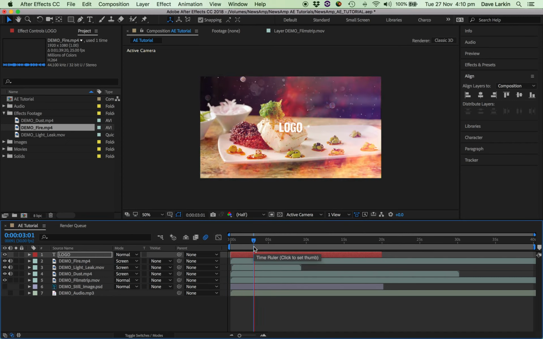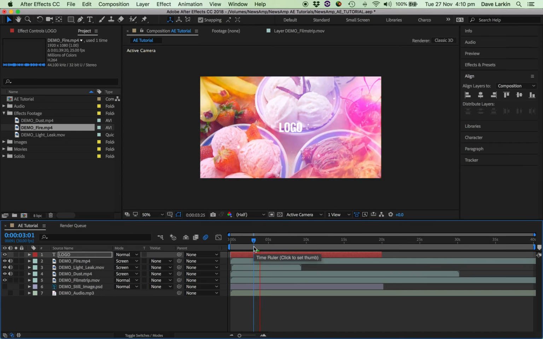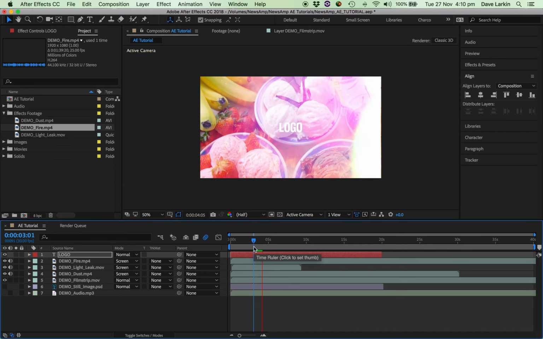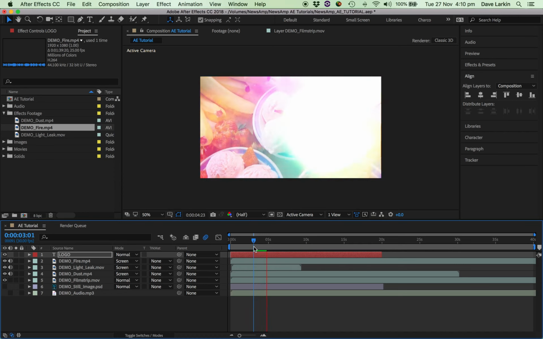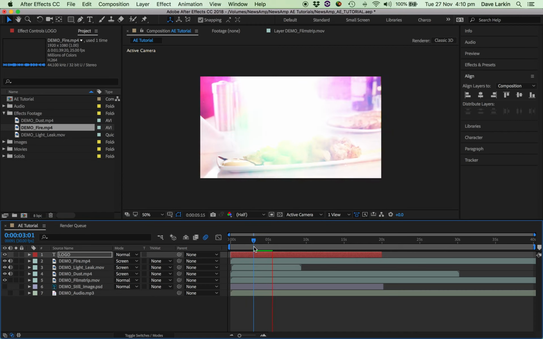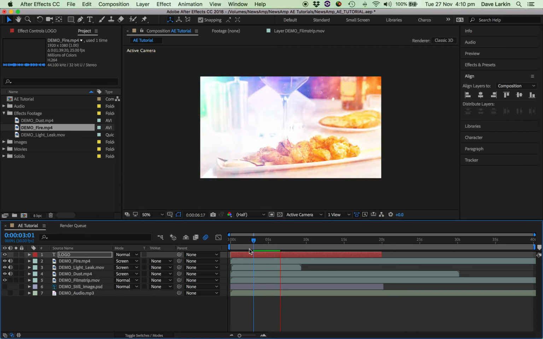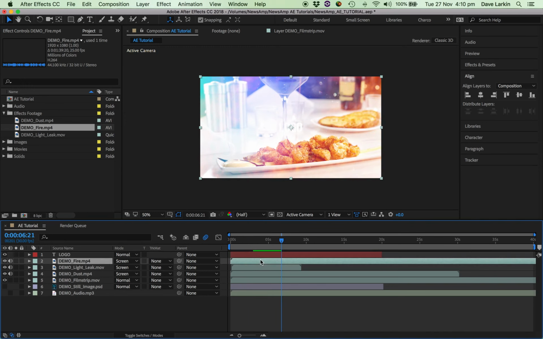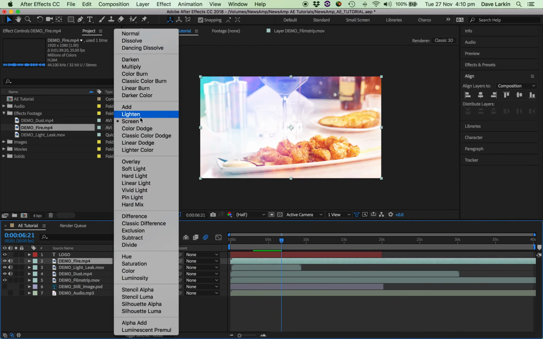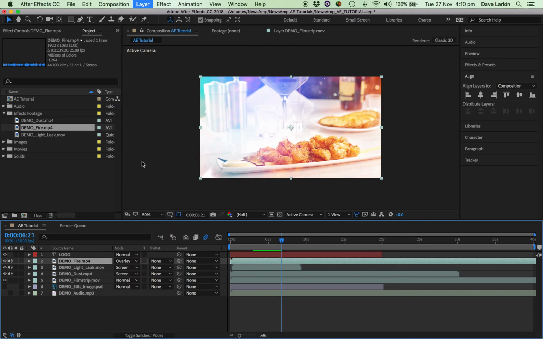Perhaps not as well because there's a lot more black to knock out, and you can sort of tell that it's a bit of an overlay. But that's basically how you get started. Look, you can try as many. You might have some other options that work better for you than that. You might find it overlays your guy, or you might find that